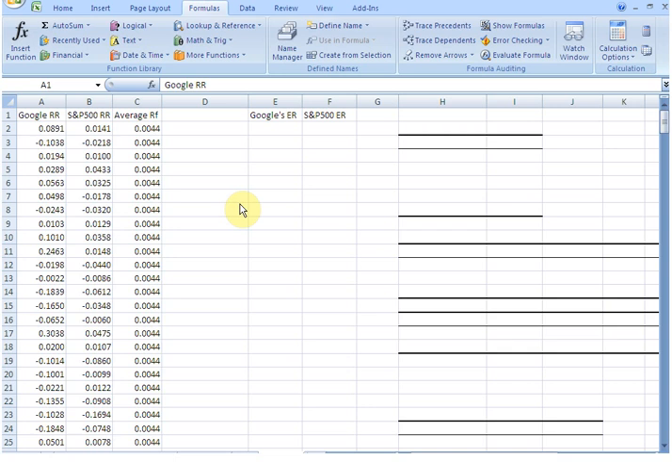I then computed the raw returns for both series, which are here in these two columns. Google's raw returns, RR stands for raw returns, and S&P 500 index's raw returns. When we say raw returns, we mean that the risk-free rate has not yet been subtracted from them. We are assuming the risk-free rate to be 0.0044 over this 5-year period, and this column has the risk-free rate. In order to implement the single index model, we need excess returns, which we are going to have in these